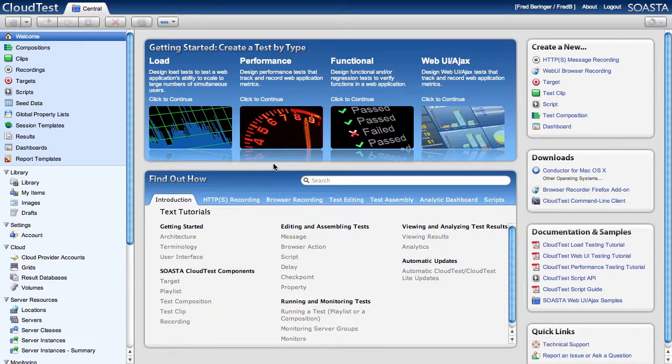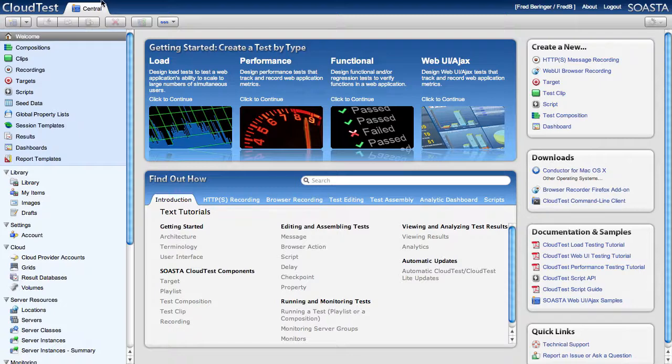If you're familiar with CloudTest Lite, which is our free version of our offering, allowing you to run load and performance tests up to 100 virtual users on your local machine, this is CloudTest, same web-based interface, real-time analytics, everything you get in CloudTest Lite. But what you get in addition is access to cloud environments, whether public or private. And today I'm going to show you how easy it is to interact with that cloud environment